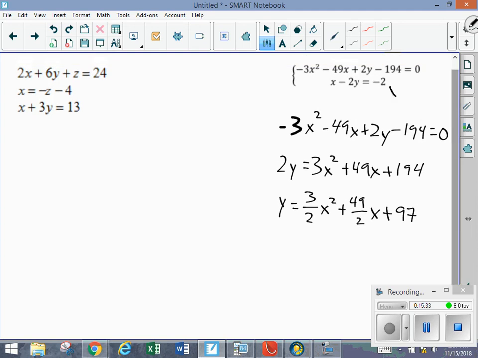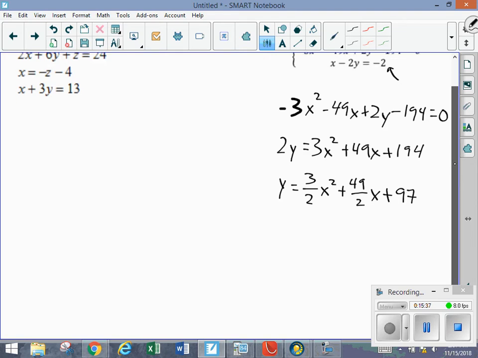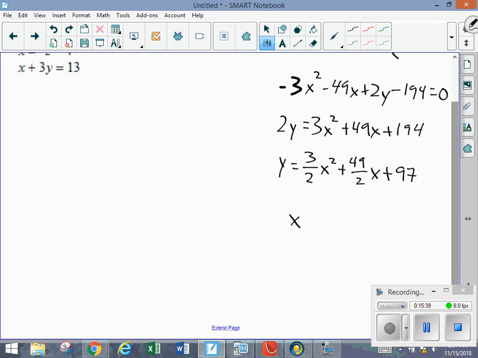Now I need to solve this second equation here. I need to solve it for y also, so that I can put it into my calculator, right? X minus 2y